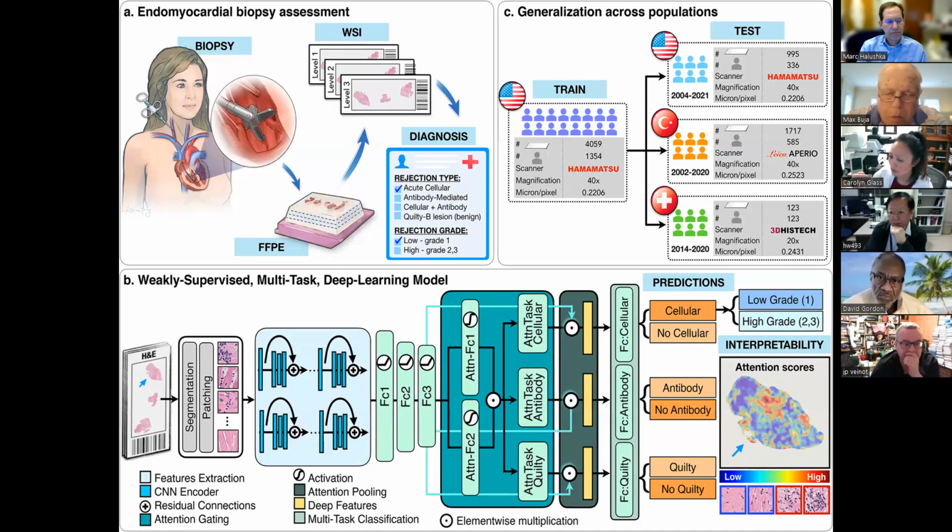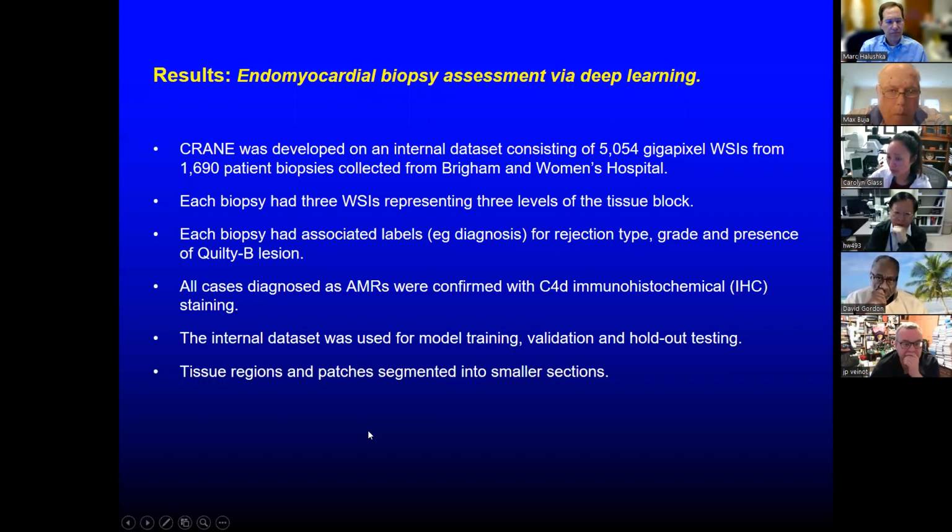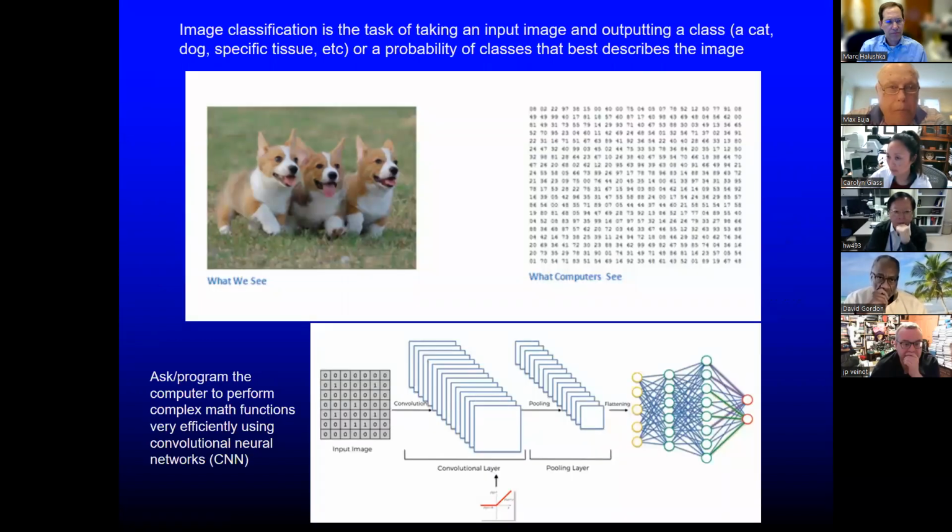Unsupervised algorithms are where you show them the slide, this is what the outcome is, this is high grade rejection, this is not high grade rejection. We're going to have zero input from anybody, including pathologists, and we're just going to have the computer figure it out itself. That's probably the hardest thing to regulate, but there are unsupervised models that do that. For example, we don't know why the Tesla self-drives and ends up in the parking lot. So the workflow, I will go into the model a little bit.